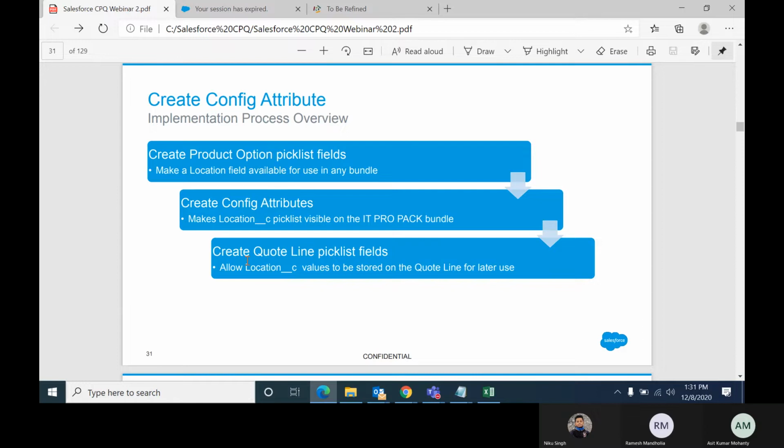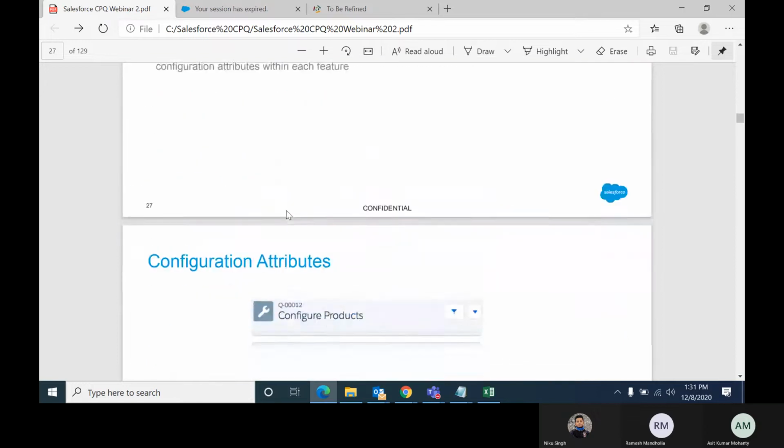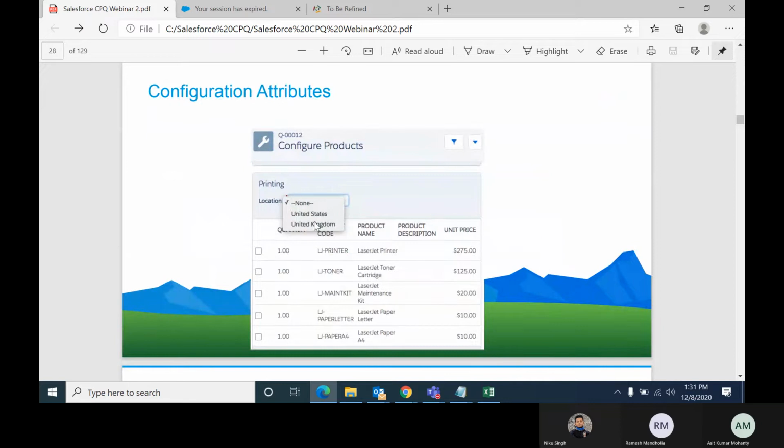So if the requirement is that whatever location you are selecting on the configuration product page, the same field or same location should display on the quote line as well, then you have to create the same field on the quote line, otherwise it is not required. You have to create a pick list field on the product option, then you have to create